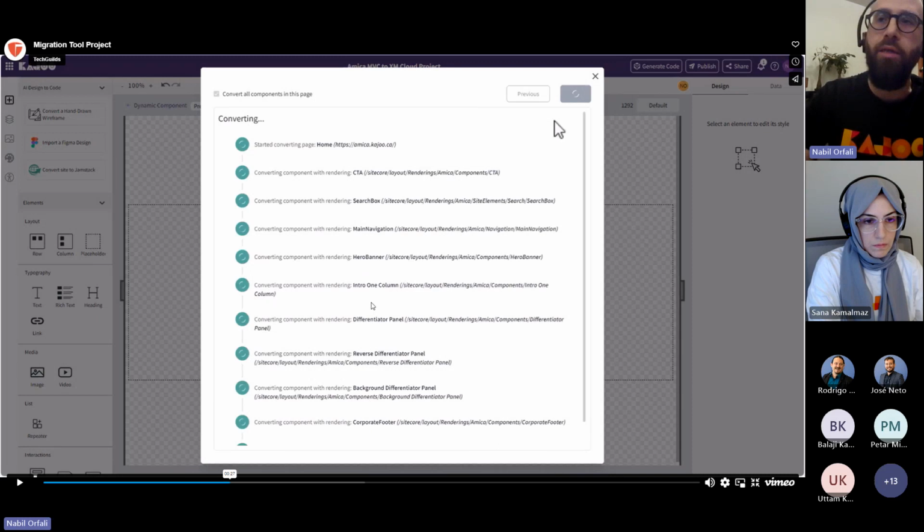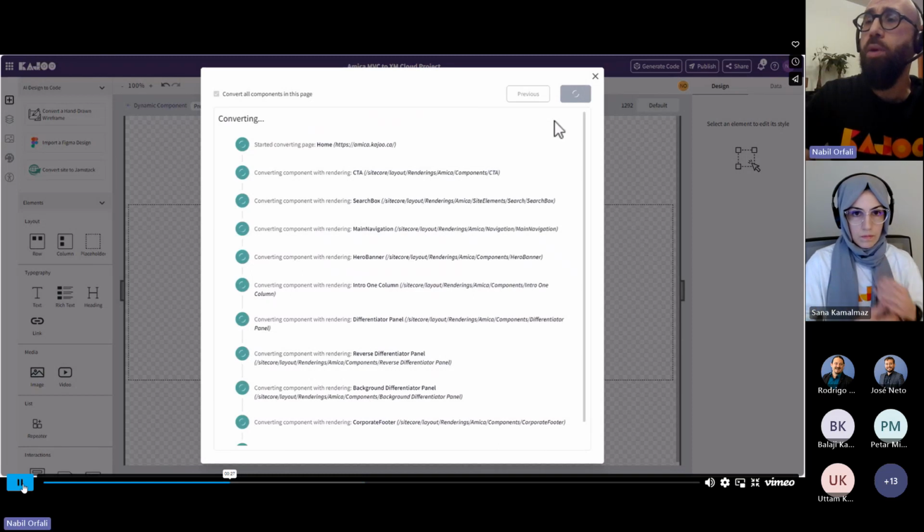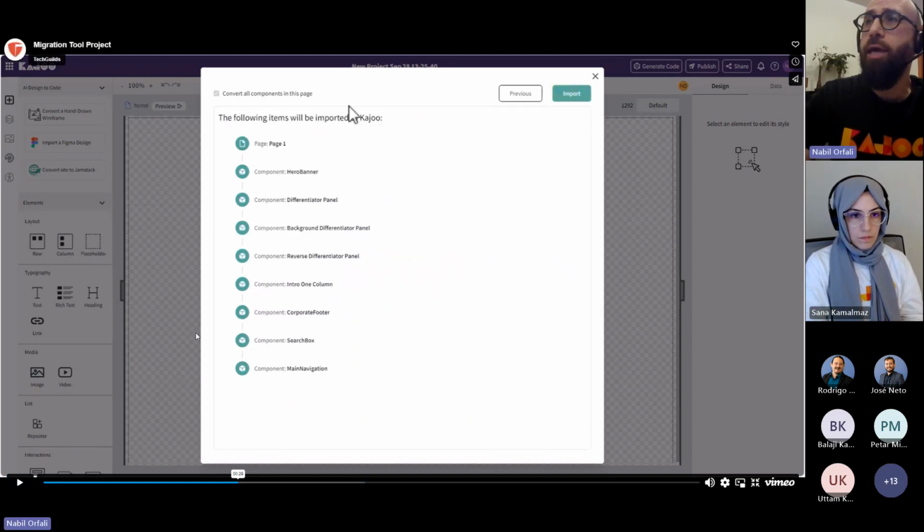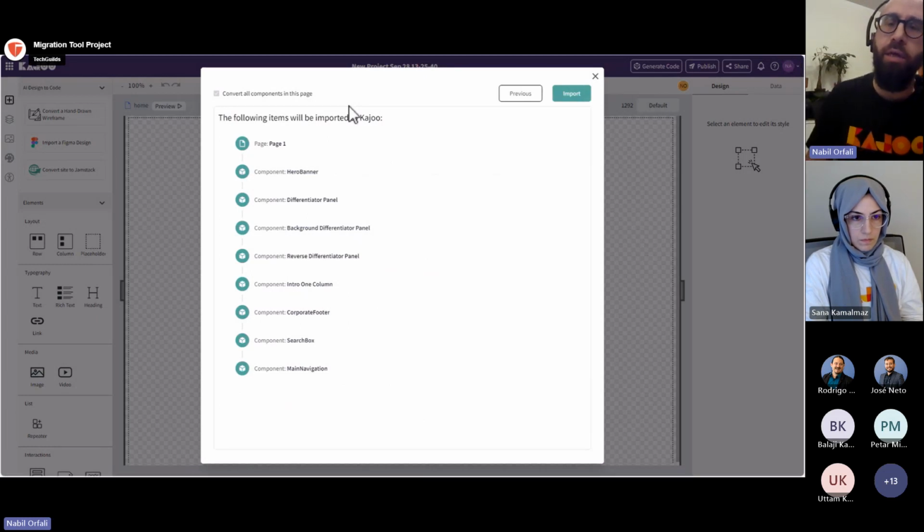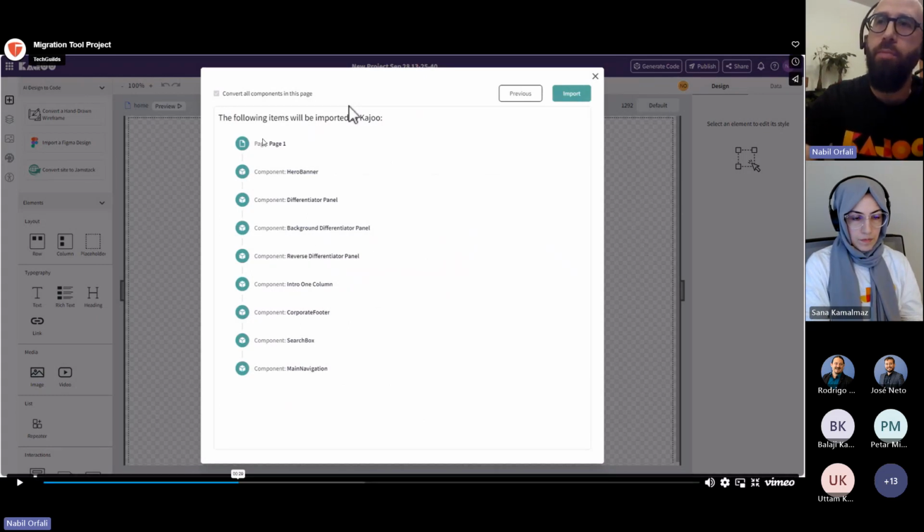as well as the reference styles, if there are any state styles or any of that CSS. We map all of these together, and this process usually depends on the site and the complexity, the number of breakpoints as well. It usually takes between 5 to 10 minutes to convert a page to Kajoo. And once this is done, it will tell you here that we converted a page with its 8 components, and you can